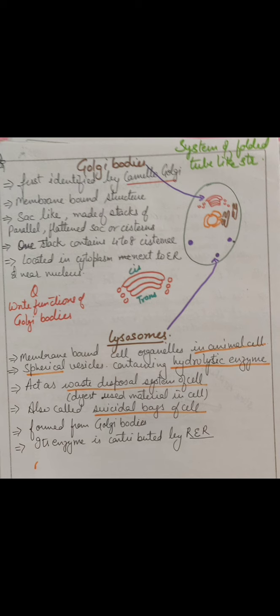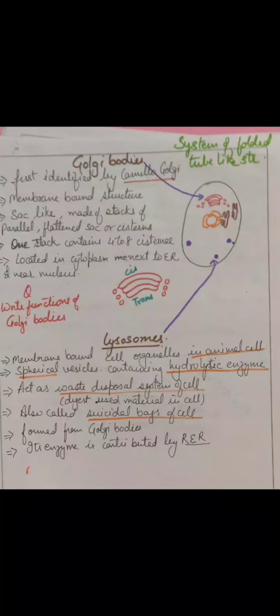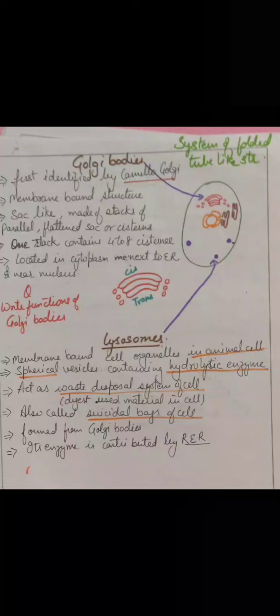The function of the Golgi body is that whatever things are made by the endoplasmic reticulum get finalized by the Golgi bodies. One is this. There are many other functions also. Regarding the functions of the Golgi apparatus, it basically stores, packs and modifies the products in vesicles. You can see the small circular things on the sides of this Golgi apparatus in the diagram. They are called vesicles, which get pinched off from the Golgi.